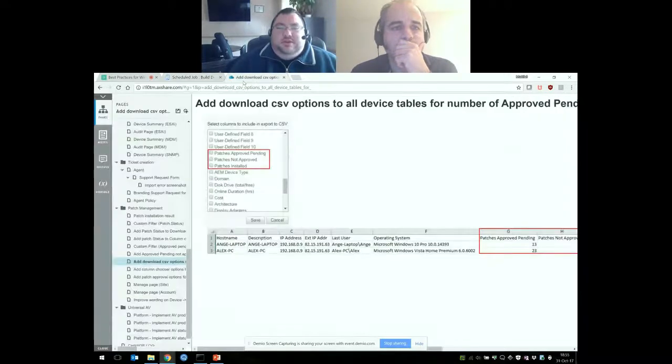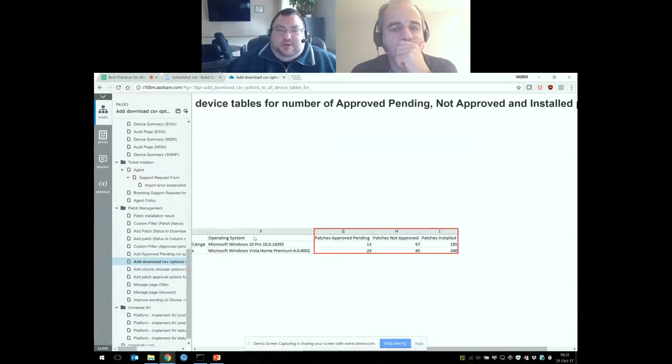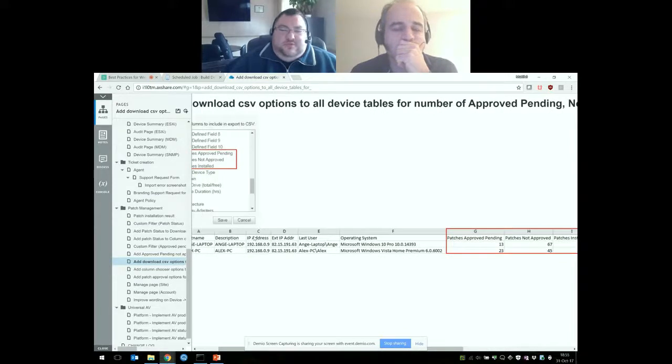Can we have fully patched be green instead, maybe? Because red seems like error. I know it's not company colors, but